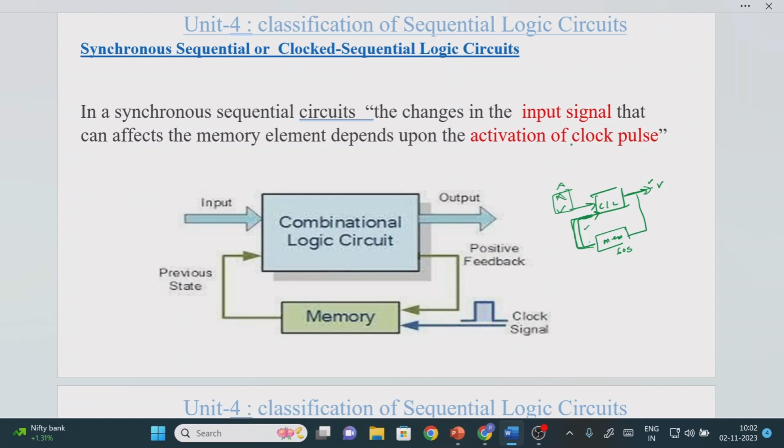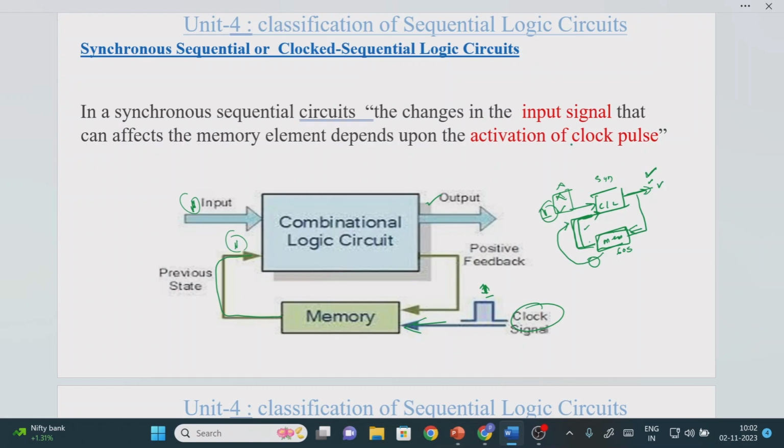So the requirement is that the moment I pass this input value, only then I take this value, and then you will have synchronization between the input as well as the memory element value, so that you will get the proper output value, right? For that reason, we should have some control over the memory element. That control can be performed by the clock signal. It means when clock signal equals 1, we are giving input 1, right? At the same time we are activating the clock signal to 1, so that whatever value is stored in the memory element will go here. At the same time the input will be taken, and we will get the output value.